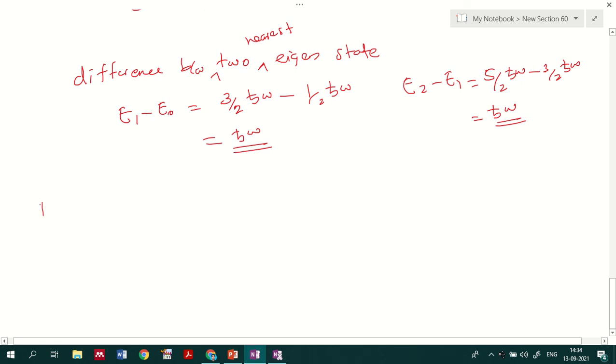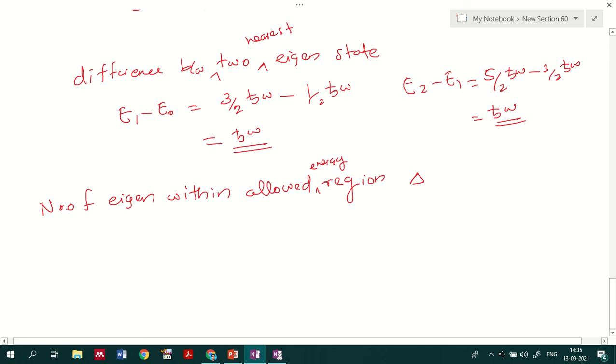Now, consider the number of eigenstates within the allowed region, because the allowed region is the region in the particular energy interval delta, that is, the region between E plus delta by 2 and E minus delta by 2. So in the allowed energy region or energy interval,